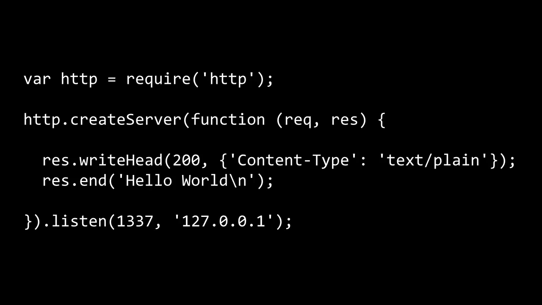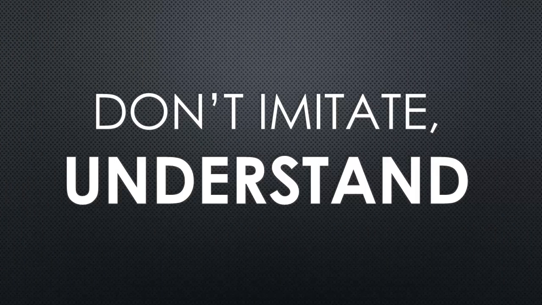And so in this course, again, we're not just going to write code. We're going to work on understanding what's really happening and why it's working the way it is. So we're not ready for this code. We're going to take several steps back and look under the hood to see what's really happening, and eventually we'll get back here. But our primary intent is don't imitate, understand.